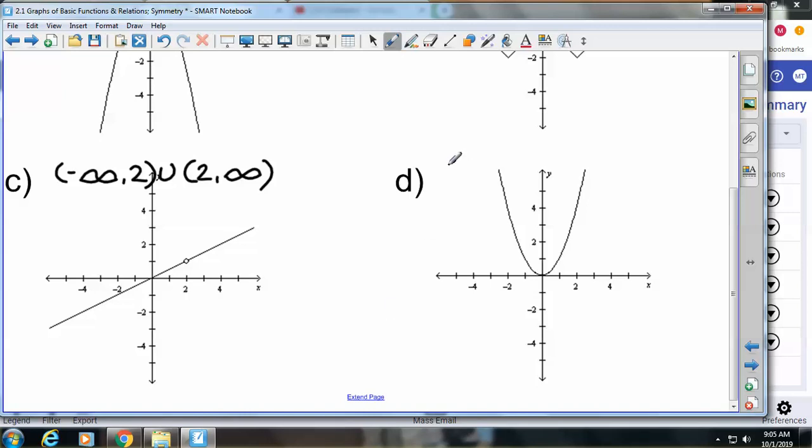And D, where is that continuous? There's no open circles, it's continuous everywhere, so we would just say negative infinity to positive infinity. Do we have questions about